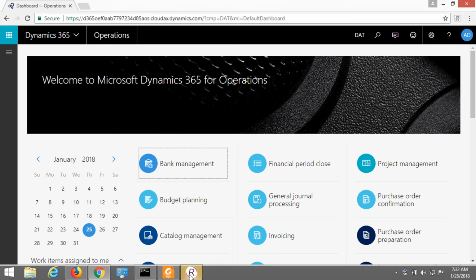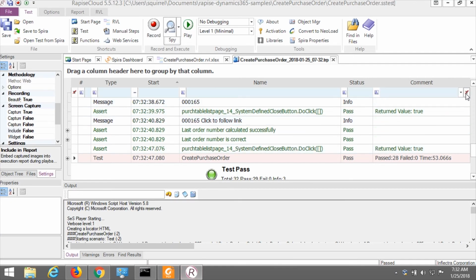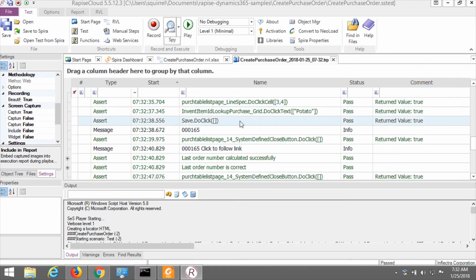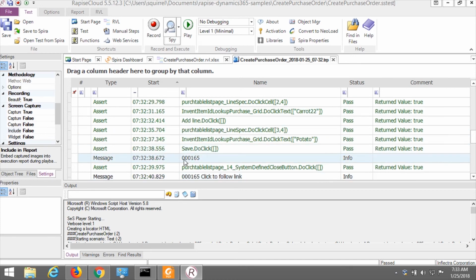Okay, so execution was successful, and we added the order, and also my test contains a few verifications that the order was created successfully. So when you have a test, typically you don't have just one test. You probably have many tests that you want to execute on some regular basis, for example, nightly. And to do this,